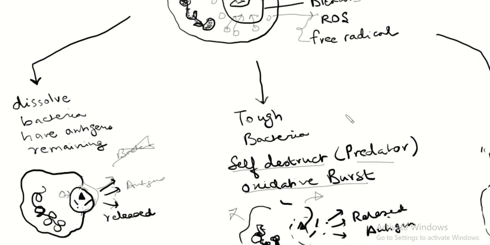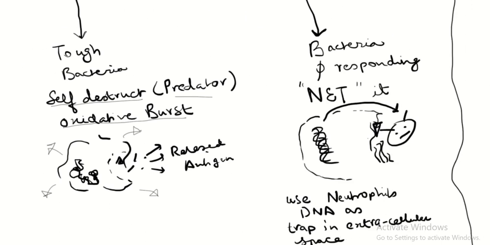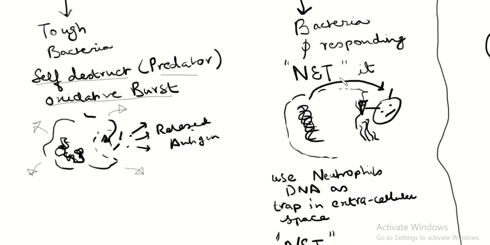So it can dissolve the bacteria, and again, if bacteria is not very hardy, the antigens get released. If the bacteria is very hardy, then lots of bleach, which destroys the cell. Again, the antigens come out. Okay, so that's two. Well, there's a third possibility as well, which is if the bacteria is still very tough and not responding, what happens is